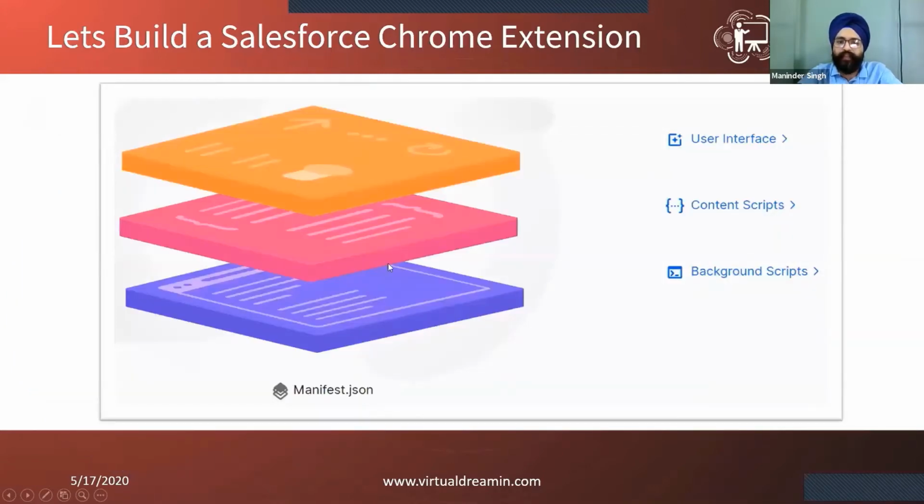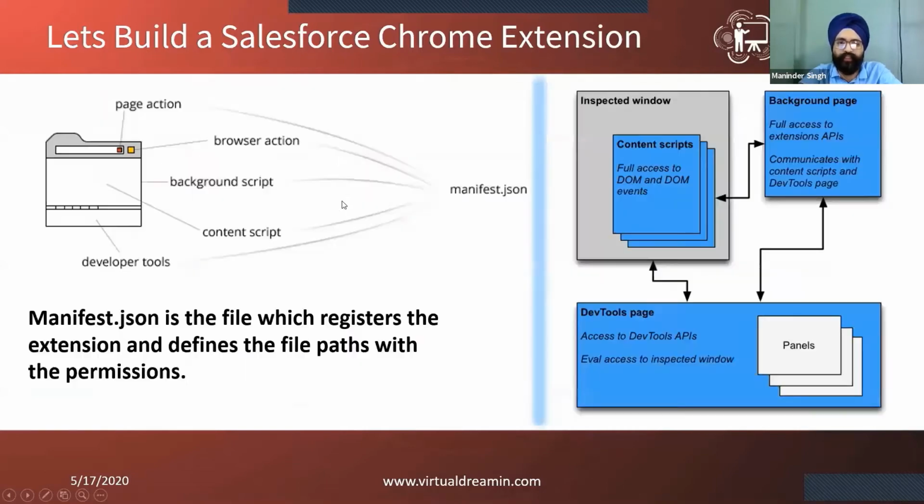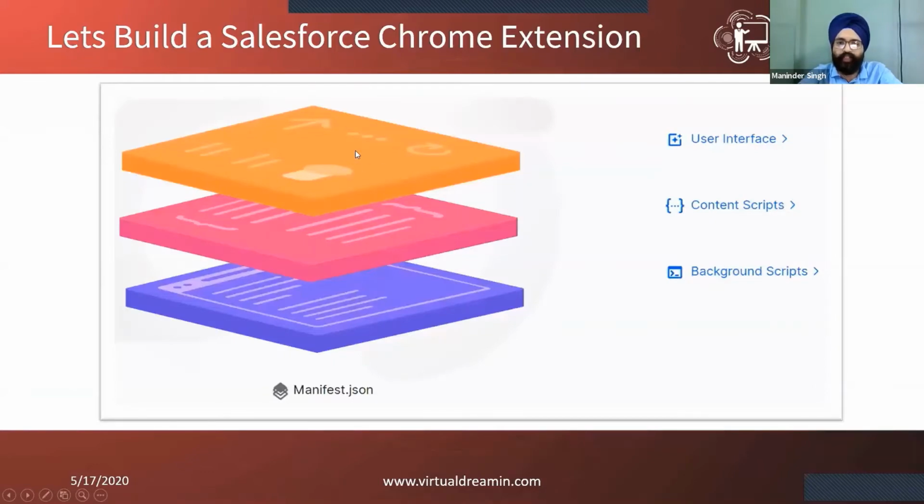And the stack is, like I mentioned, the manifest file. It would contain the registration of all the scripts: user interface script, content script, background script, images, everything. And at the bottom, we have the background script, which deals with the event handling. And then we have the content script, which is specific to a tab. And then we have the user interface, through which the user interacts. So it goes like this: the user interacts at this layer. The content script would see the DOM and get the information from the tab and then send it to the background script to do the processing. And they all can talk to each other through message passing.